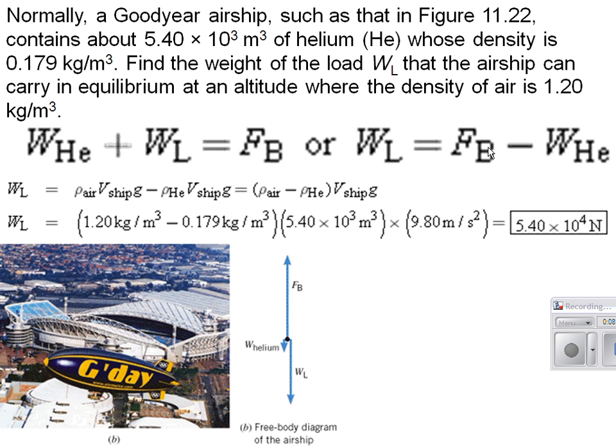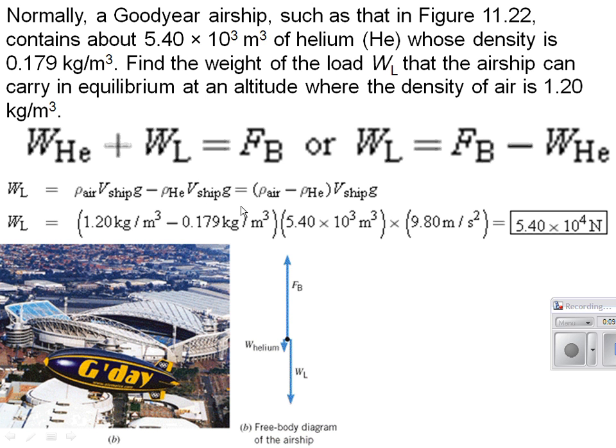equals the buoyant force, which is density of the air times the volume of the ship. Now the volume of the ship is this 5.4 times 10 to the third. It's not really the volume of the ship that we want, it's the volume of the air that's been displaced, which is the same as the volume of the ship. So that's why they say volume of the ship, but it really is volume of air displaced, minus, now we have the weight of the helium, that's rho, density, times volume times gravity. Again, the volume of the ship is the same as the volume of the